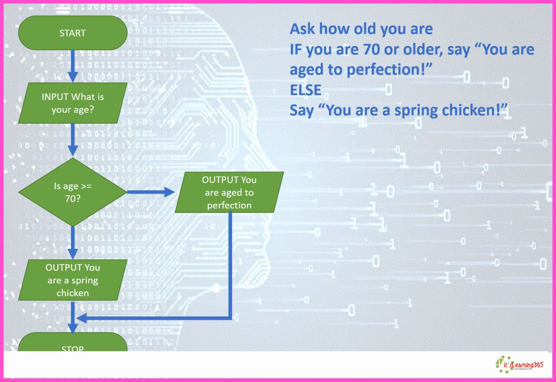In my age algorithm that we've just looked at, if your age was less than 70, nothing happened. There were no steps for the algorithm to follow. Let's change that a little bit. Here I've got a different version of the same